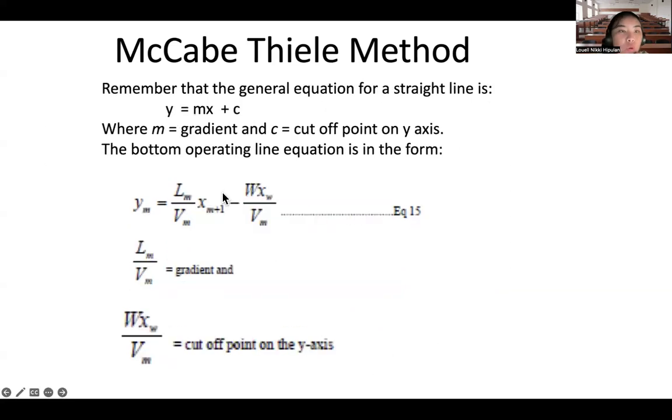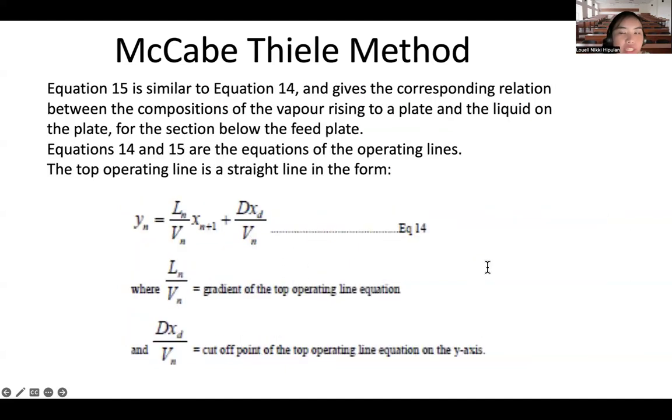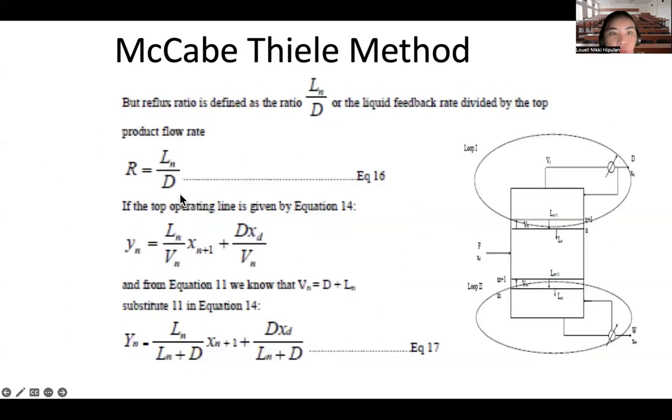So, now let's go to your second equation, your equation 15. If you notice, your equation 15 is a linear equation in which this is your slope, M, and this is your intercept. Your slope is still a gradient, and your intercept is a cut-off point on the y-axis. However, you can take your equation 14, which is the first equation, and you can